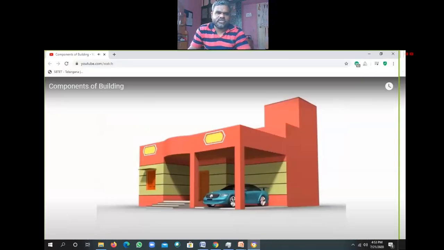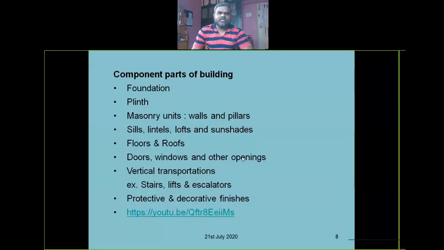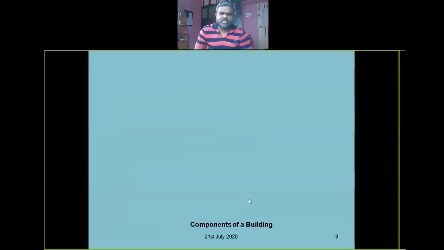Yeah, this is showing the components of a building, a very effective way. See, the component parts of a building are: foundation, plinth, masonry units like walls, pillars, sills, lintels, lofts and sunshades, floors and roofs, doors, windows and their openings, vertical transportation, stairs, lifts, escalators, protective and decorative finishes. These are some component parts of a building. Let us see their